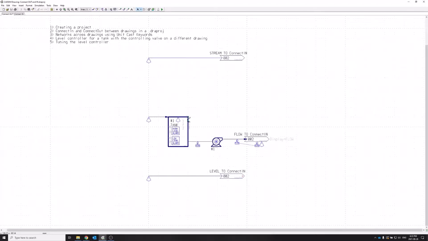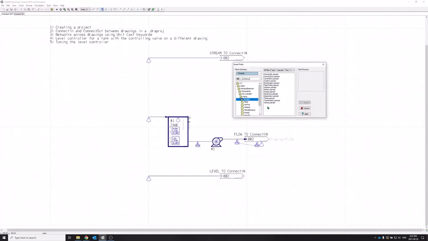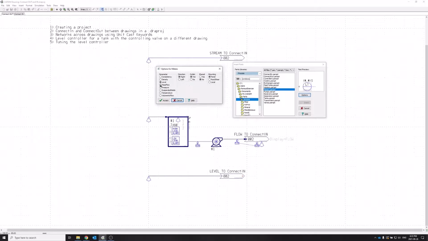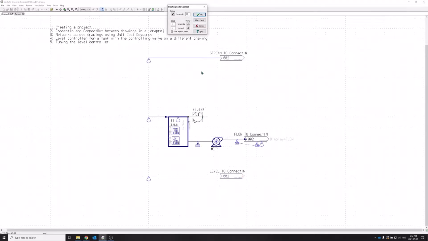Let's start by putting an anchor point here at the top right corner of my tank. I'll go to insert part and select a meter. Let's go to the part options. That's right, I want a level and I want an outlet that's going to send a signal to the other page, and the direction is correct, so I'm happy with these selections. If I hit enter, bullseye, perfect, that's what I want. Let's call it level transmitter 1000,